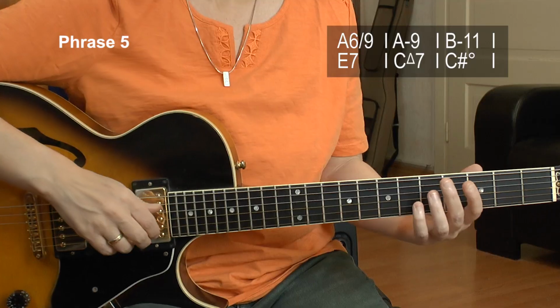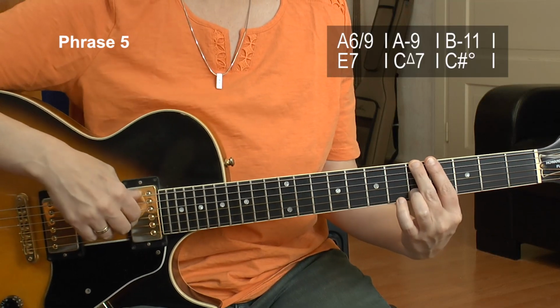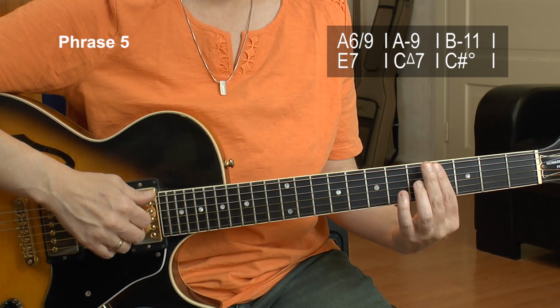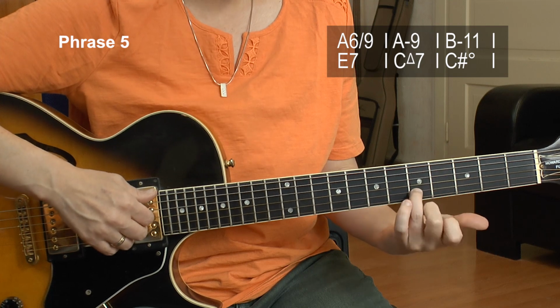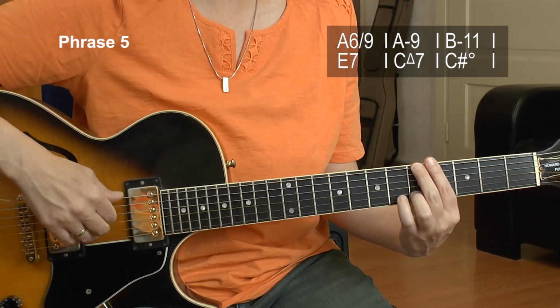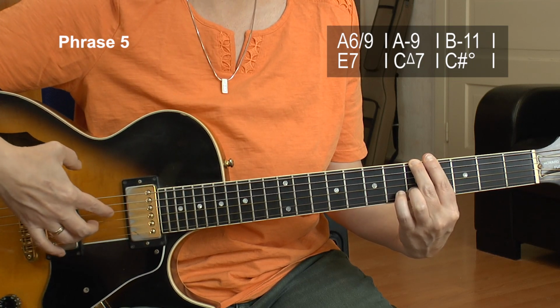Alright, this is phrase 5, and these are the next 6 bars of the B section. We now have an A6-9 and we bar over. We have the A on the 5th of the E string, and I bar over on the 4th fret, and I put my ring finger on the 5th of the B string, alright? So I start with the bass, then I play the D, G, and B strings,